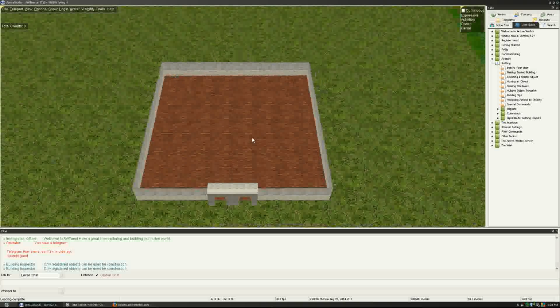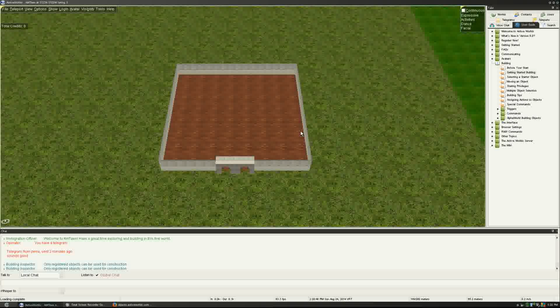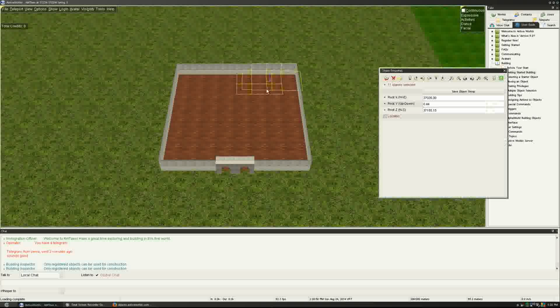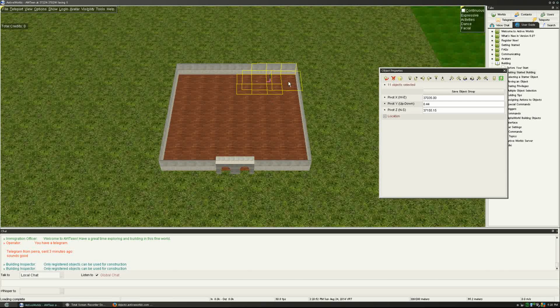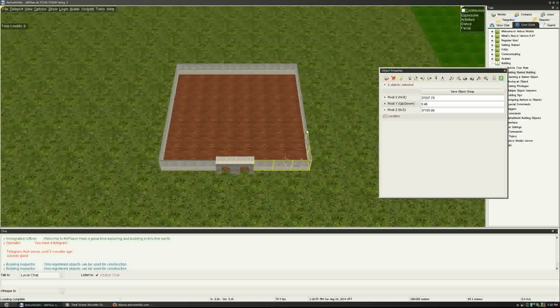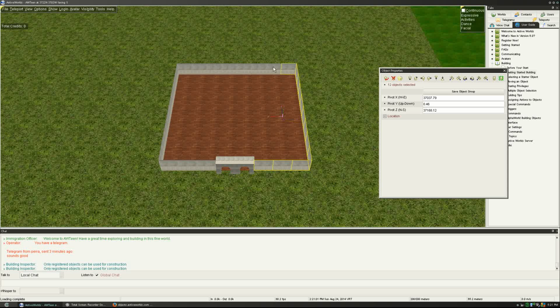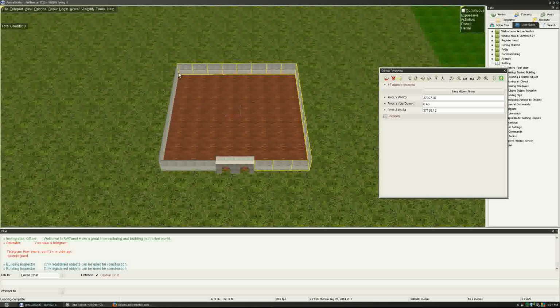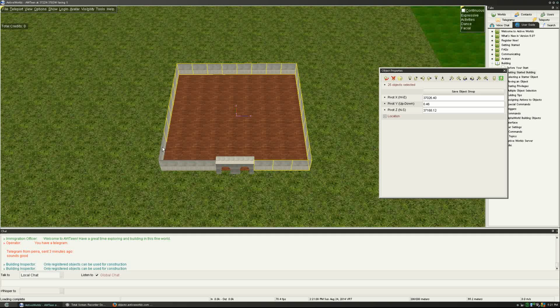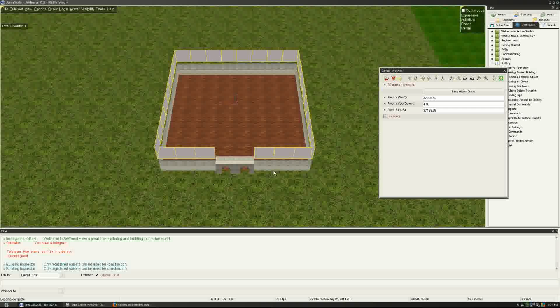Okay, so great, we got that. Alright. So if there was no land around it, I'd just hold the control and the shift. But since there's stuff around here, I can't really use that way. Now, I'm not going to copy over the actual flooring, because let's be honest, there's no point to that. Let's just copy everything over that we want, because a lot of people do ask, hey, how can I erect a gigantic building in 2 seconds? Well, there you go. You just select everything you need, you copy it over,